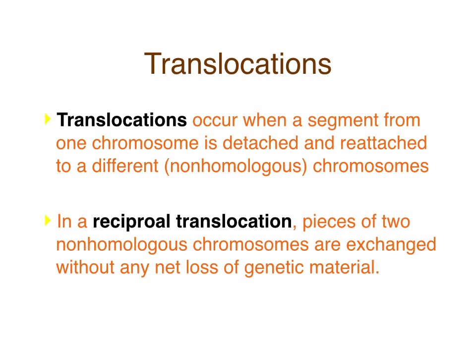Okay, so next thing we're going to talk about are translocations. Translocations are when a segment of one chromosome detaches and then reattaches, kind of like crossing over, where you detach and reattach to your homologous chromosome. In this case, you reattach to non-homologous chromosomes. You can have reciprocal translocations when two pieces of non-homologous chromosomes are exchanged, and it's reciprocal in the sense that there's no net loss of genetic material. But you also can have non-reciprocal translocations where you actually do have a net loss or gain of chunks.